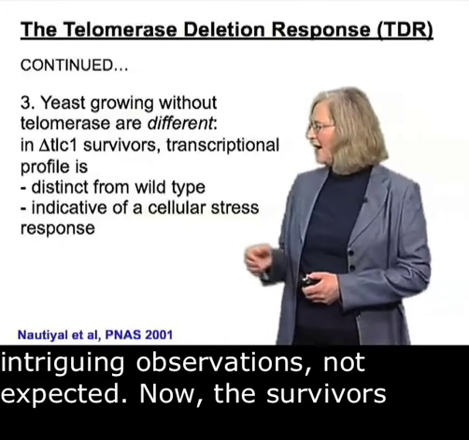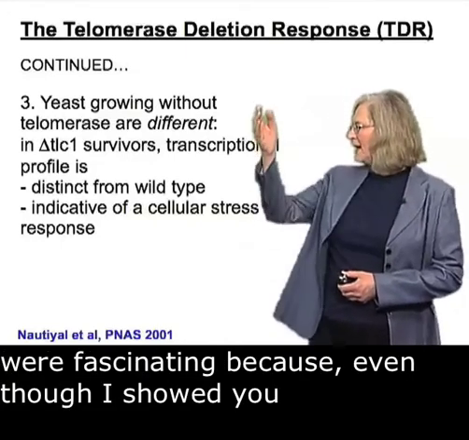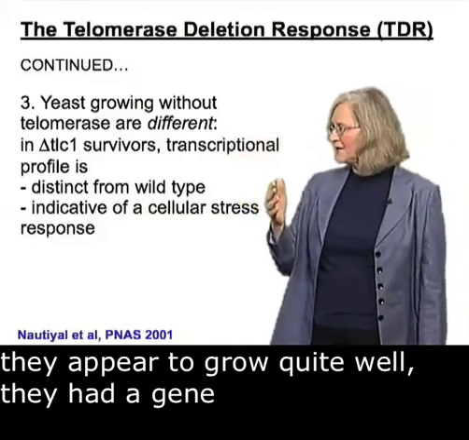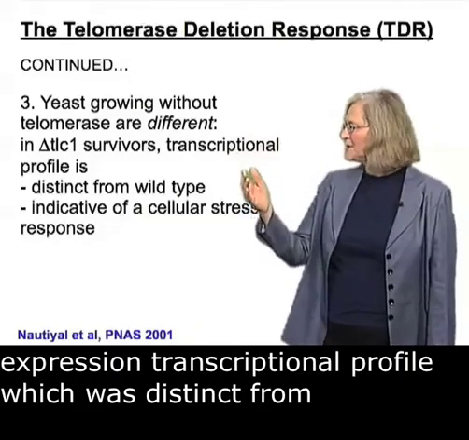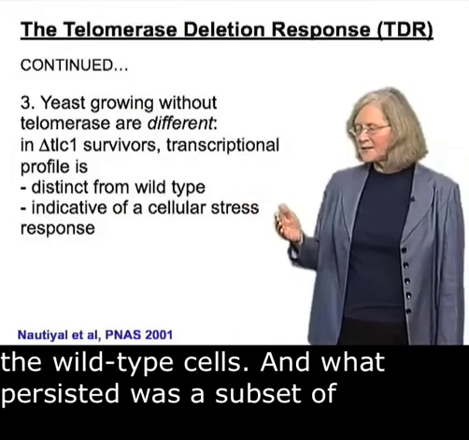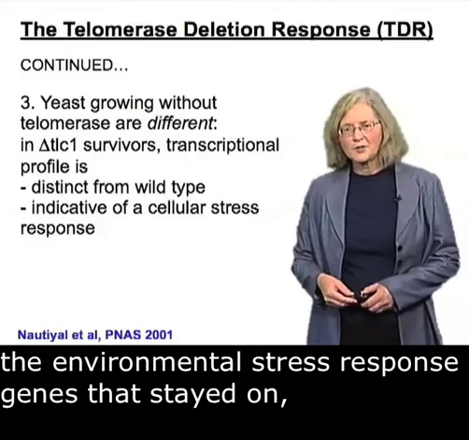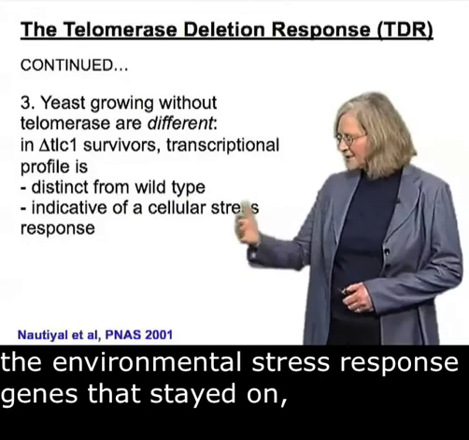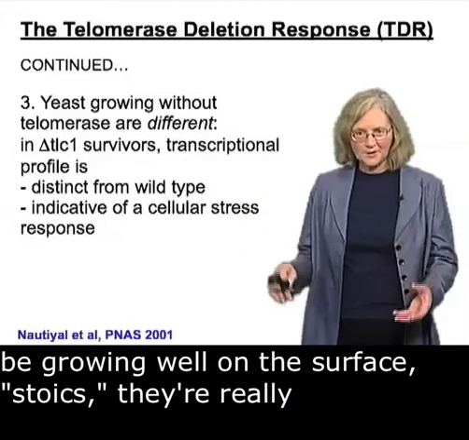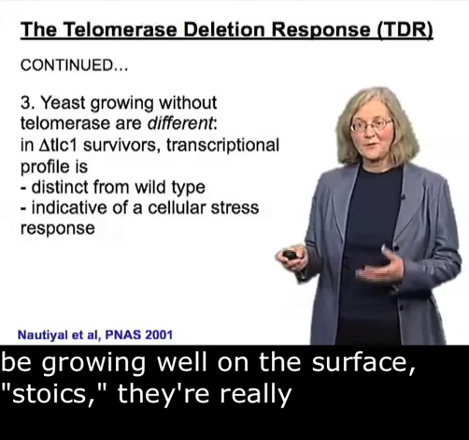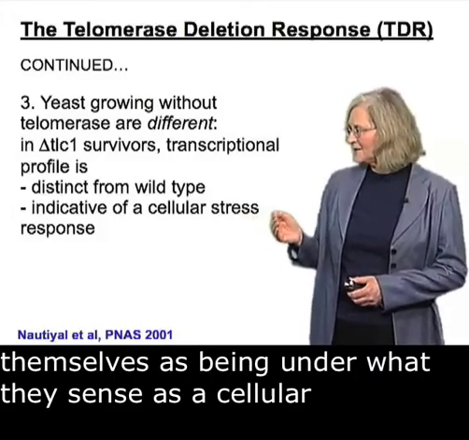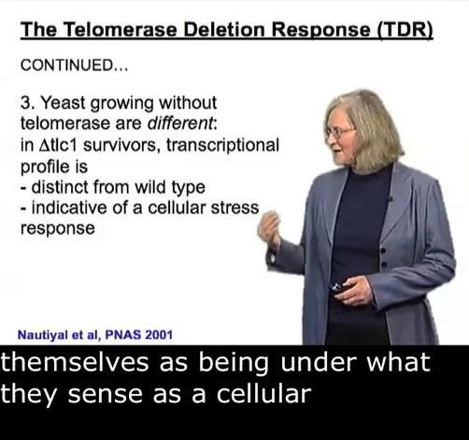Now, the survivors were fascinating because even though I showed you they appeared to grow quite well, they had a gene expression transcriptional profile which was distinct from the wild type cells. And what persisted was a subset of the environmental stress response genes that stayed on. So what's interesting is that those cells which appear to be growing well on the surface are stoics. They're really hurting. Their physiology is different, and they sense themselves as being under what they sense as a cellular